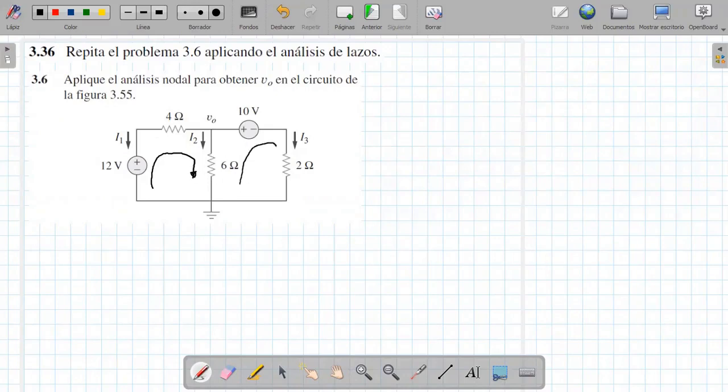Here I have I sub 1. Some call it mesh 1 and 2, and we do the KVL analysis. Let's remember that when we work with loops or meshes, whatever you want to call it, we are doing an analysis of Kirchhoff's voltage law, where we analyze the voltages in a loop. Then in mesh 1, I have the voltage between this